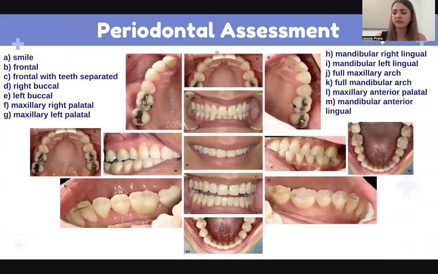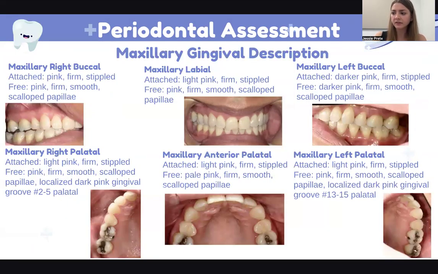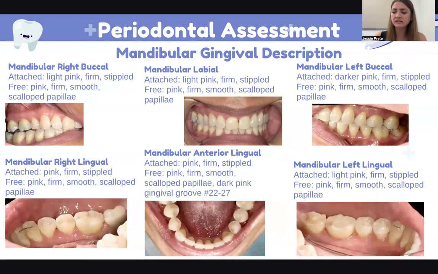Here are pre-treatment intraoral photos of the client's oral cavity, and now I will discuss the client's gingival descriptions. The maxillary gingival descriptions depict generally healthy gingival tissues, apart from the localized dark pink gingival grooves on 2 through 5 palatal and 13 through 15 palatal. The mandibular gingival descriptions depict generally healthy gingival tissues, apart from the localized dark pink gingival groove on 22 to